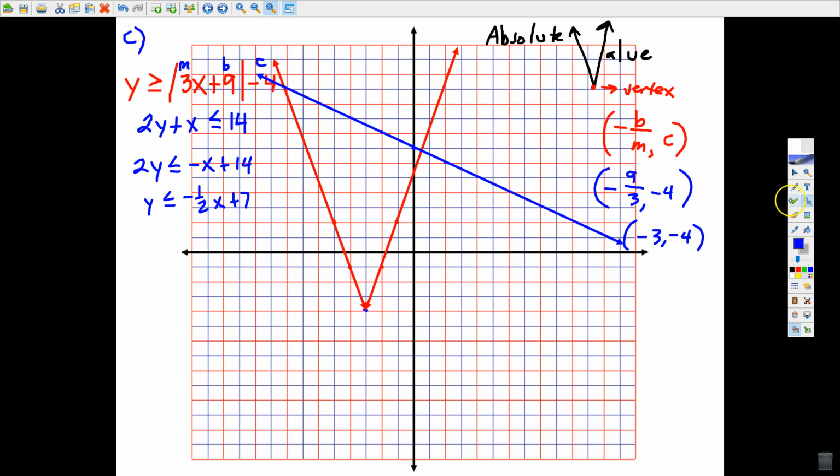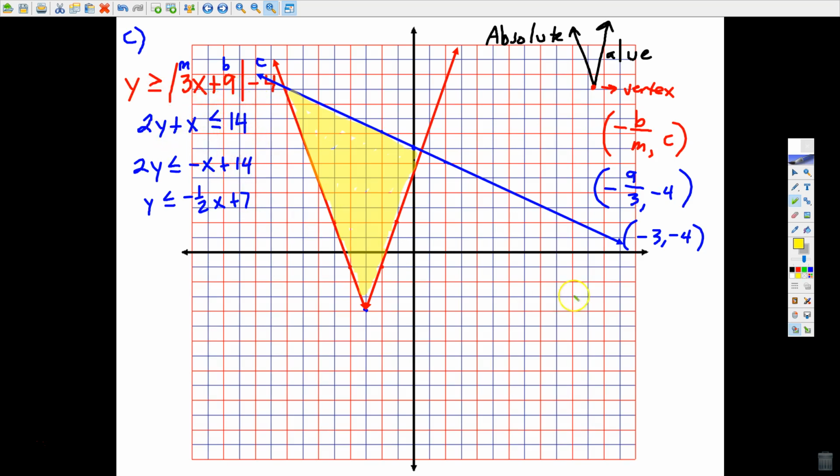Okay, so I have my two boundaries, and now I'm going to do the proper shading. So less than the blue, but greater than for the absolute value v, which we've already talked about, will be inside the v. So essentially we're talking about all of the ordered pairs that would fall in this region, below the blue, and also contained within the red V. And that will be my solution for this system that contains one absolute value inequality and